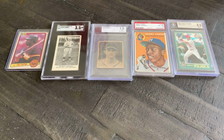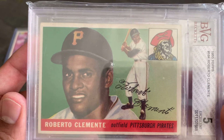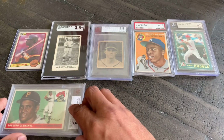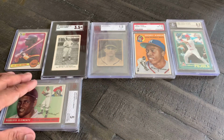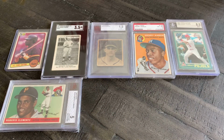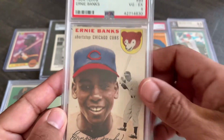And then batting sixth, this one was tough. I think I would go with Roberto Clemente, only for the fact that he has some wheels, just in case you end the inning with like Pujols or Hank Aaron. You got Roberto Clemente, who has some wheels and could kickstart things again with a rally. Batting behind him, I would have Ernie Banks,